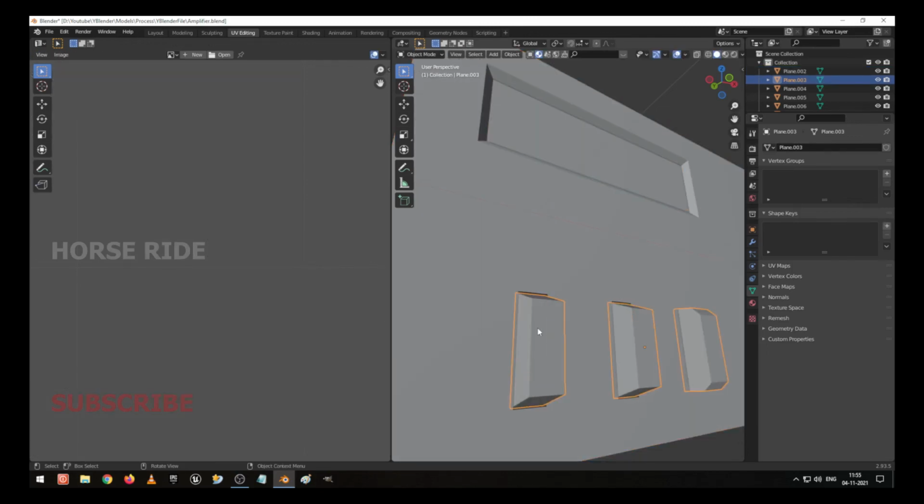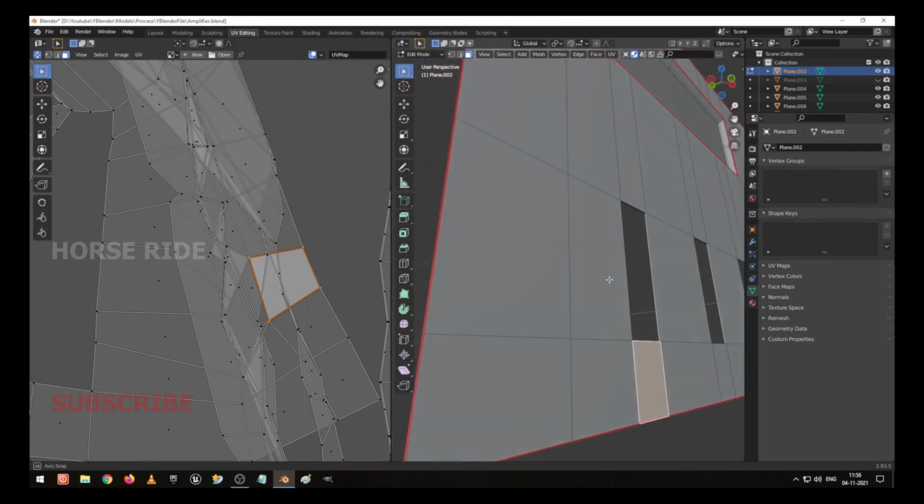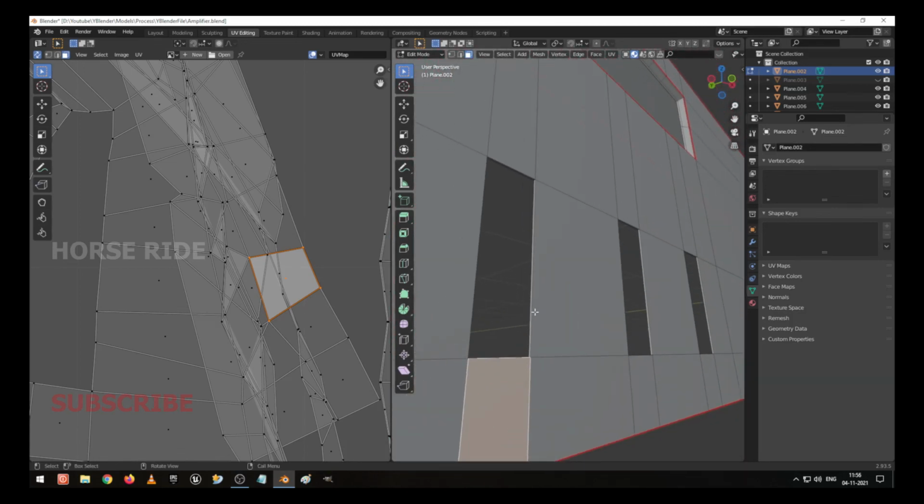Okay, I hide this one. I go to edit mode. Now we can view something better here. Yeah, we found where, because we have not created the cuts here, right? I go to the edge selection.